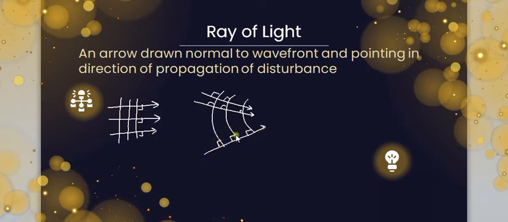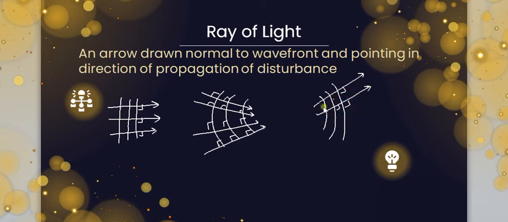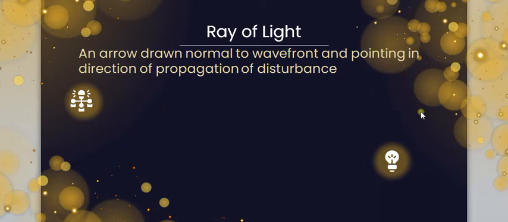Like this. So this is the direction of ray. And if the spherical wavefront is in this direction, then the ray of light will be like this, 90 degrees along the direction of propagation. Okay, if the direction of propagation is like this, the ray will be drawn like this. Any confusion in this? I hope the concept of ray of light and how it is related to wavefront is